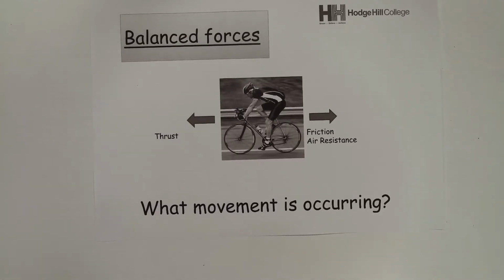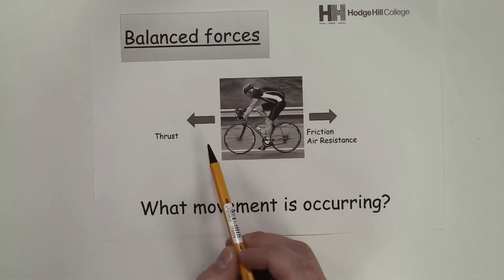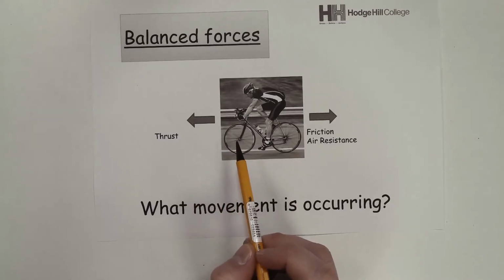First of all, if we start looking at force diagrams, we can show the forces acting on an object using a force diagram. Now, in a force diagram, an arrow represents each force, as we can see here. The arrow shows the size of the force. If we have a long arrow, it means the force is larger, and it also shows the direction in which